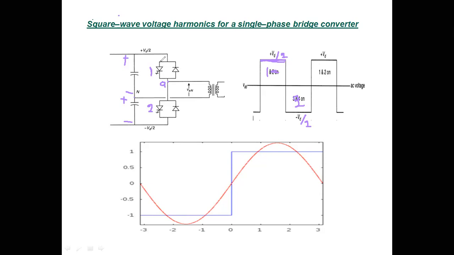See, whenever the turn off device on the upper one is on in this leg, then you will get plus VDC by 2. Whenever the lower one is on, you will get minus VDC by 2. That's all. And these are the voltages with respect to the midpoint of the capacitor, remember. So that is capital N. Once you know this, this is enough to cover the 3-phase converter operation.